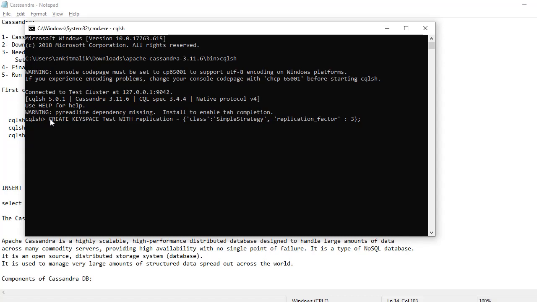We can create testtech, so our keyspace with the name testtech is created. To use that keyspace we have to write the command use testtech. So we are in the keyspace testtech.